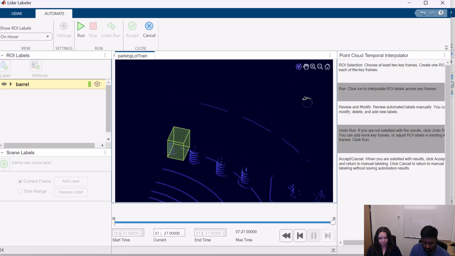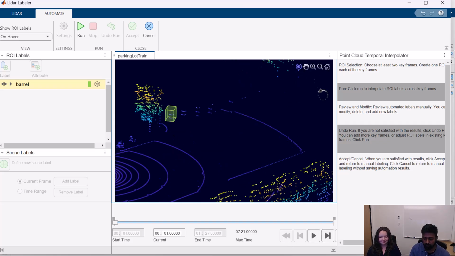So I'm going to adjust the label size to reflect that. All right, so we have labeled a few intermediate frames. So now let's go back to the beginning. Right, now that we can see the barrels, I'm going to click on run so that you can run the automation algorithm and start labeling the frames that we missed out.